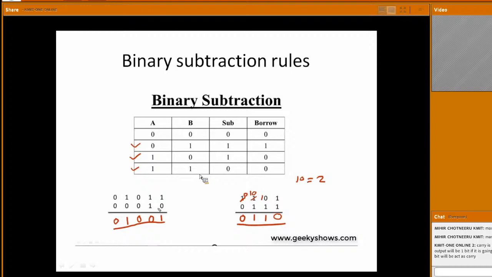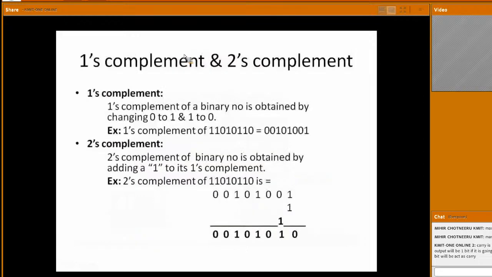So when you see this here, 1 minus 0, the result is 1. 1 minus 1, the result is 0. Next, 0 minus 0, the result is 0. The result is 1. 0 minus 0, the result is 0. Using this subtraction, we perform the ones complement and twos complement. Without knowing this ones